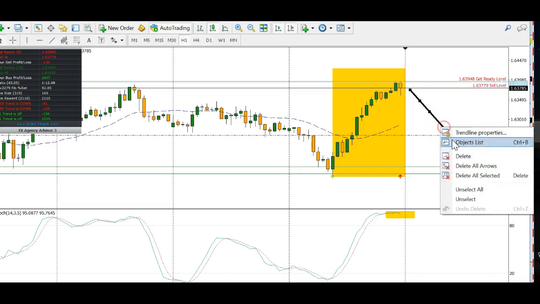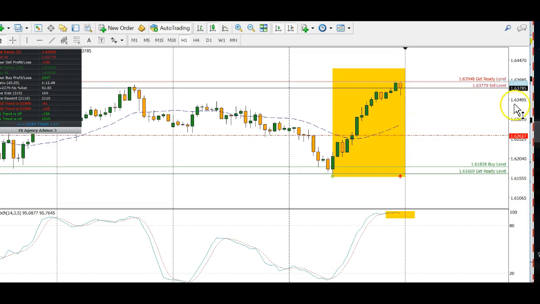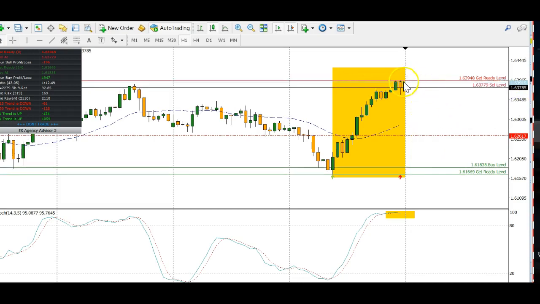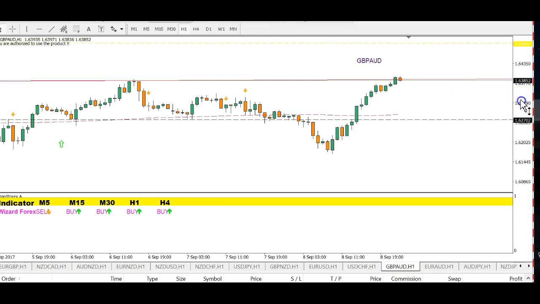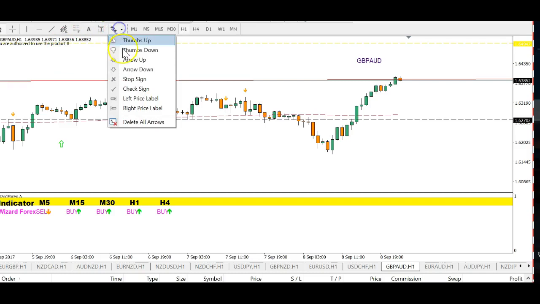Okay, we call that the Monday retracement. But we need to qualify the trade, and everything is setting up for Monday. We have an inside bar, we have stochastics overbought, and we have the FX advisory indicator giving us a sell signal. So the wizard hasn't given us a signal yet, but just by price action alone,